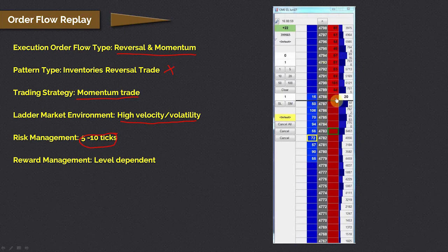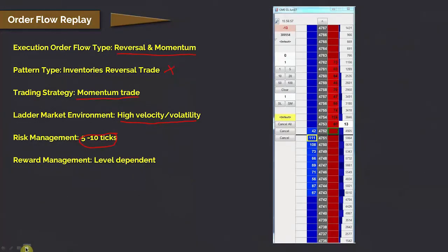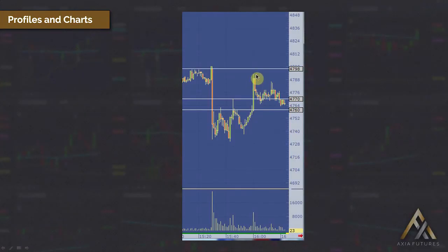But basically, on the chart, if we go back, you kind of just see a flurry of clips back and forth, back and forth, back and forth. We had the open at 98 and we got up to, where did we get up to? We got up to around 90s,